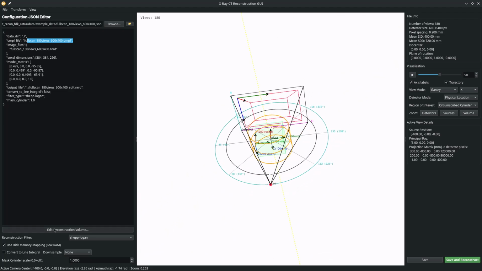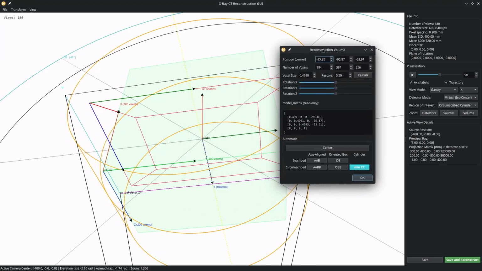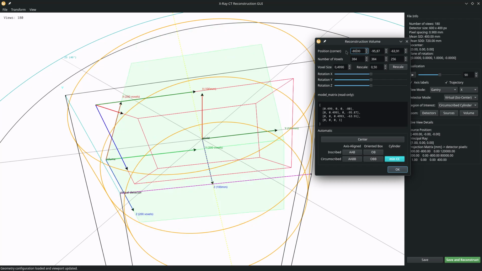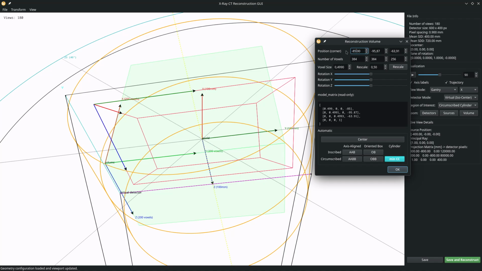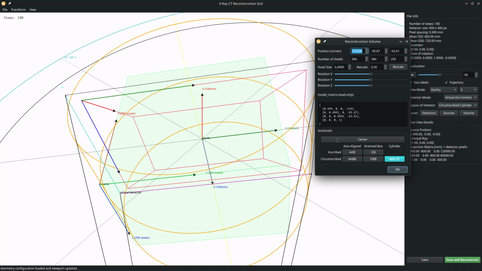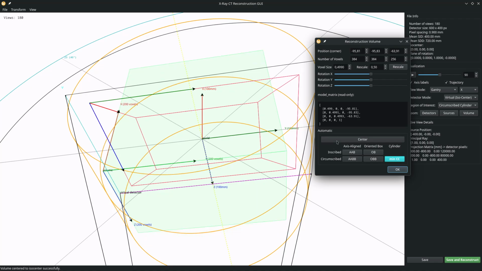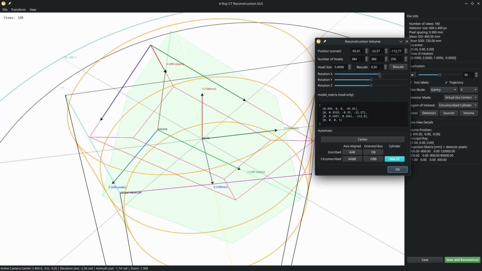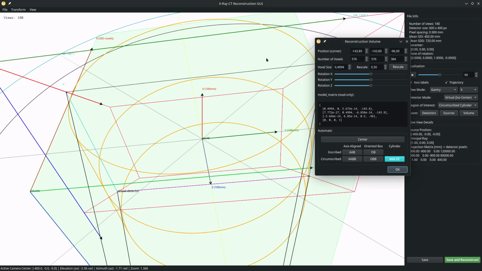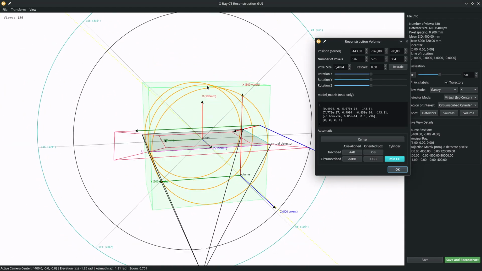Finally, very important function, it allows you to define the reconstruction volume. You can move it, for example here, that's just moving the thing around. You can also do that with a mouse probably. Just moving. You can automatically center it with the center button. This is just going to center the volume in the isocenter. You can even rotate if you feel like it, but probably more importantly, you can use any of the automatic